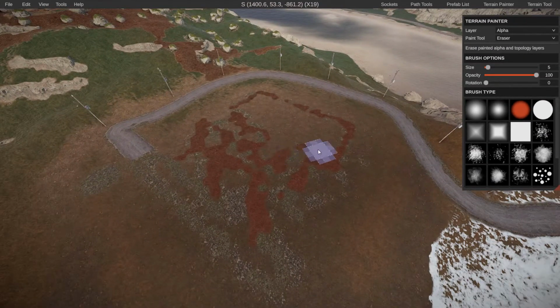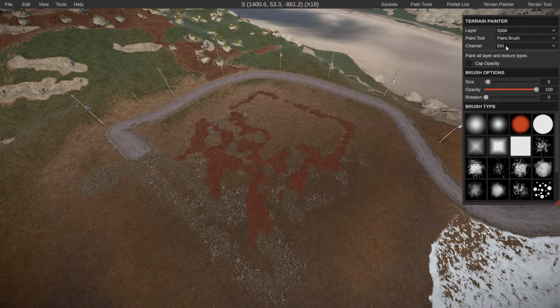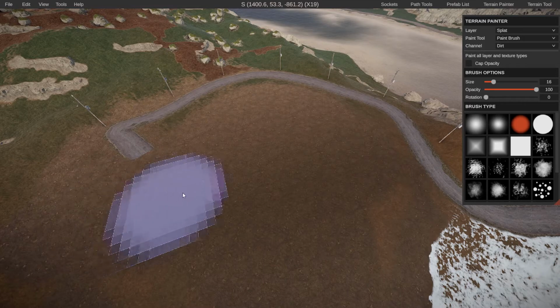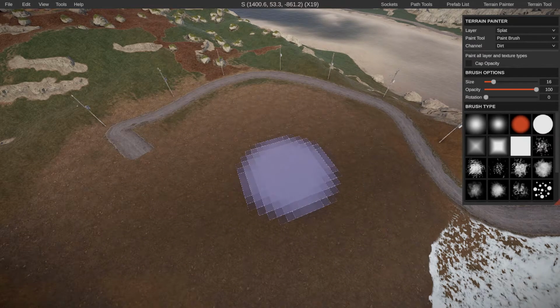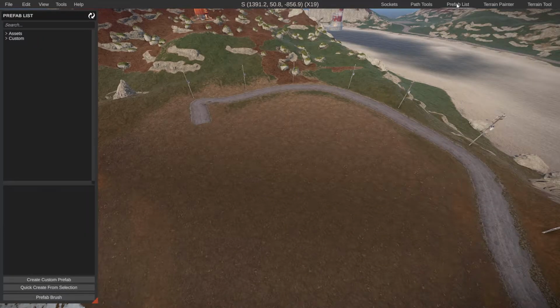So there we go. Now we don't have that hole there. Then we're going to go back to splat, and we'll just put dirt down for now. You can do whatever you want. We'll just paint this area to have dirt. Okay, so once the area looks something like this, nice and flat, you'll go ahead and go to your prefab